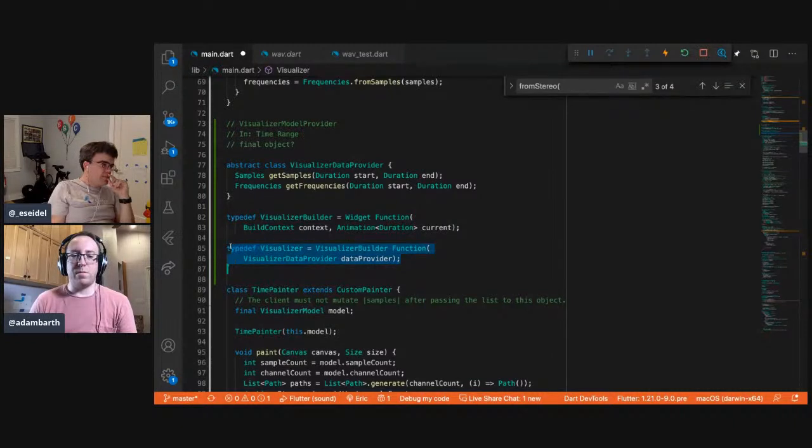I think you want to be able to keep state, because your visualizer itself, as you said, might want to keep history, or some sort of cache or something like that. Yeah, I think you're getting at this tension between function-oriented programming and class-oriented programming. Dart is set up to handle both. What we've written here is a pretty functional definition, but we can also write a class definition.